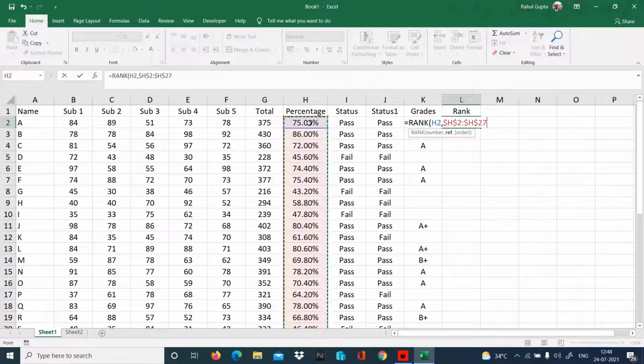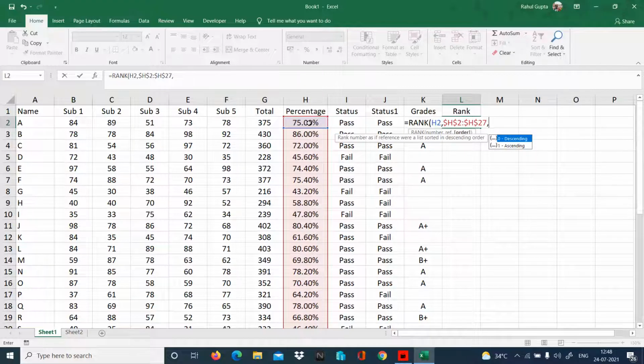Row number will automatically increase while you drag downwards. So H2 will become H3, H27 will become H28, H3 will become H4 in the next, and H29. So like this, when the reference changes, we will not get the right range. So the shortcut is F4 to freeze, or you can manually add the dollar sign, because this fixes your range. Comma.